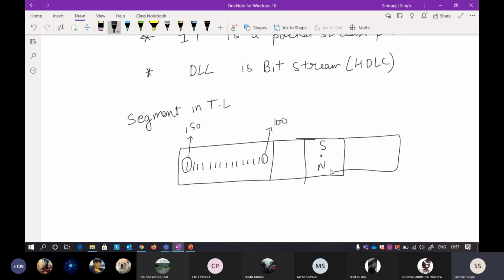What you put in the sequence number field is the first sequence number. The sequence number field will contain the first sequence number of the data that you are sending. So this will be placed in the sequence number.